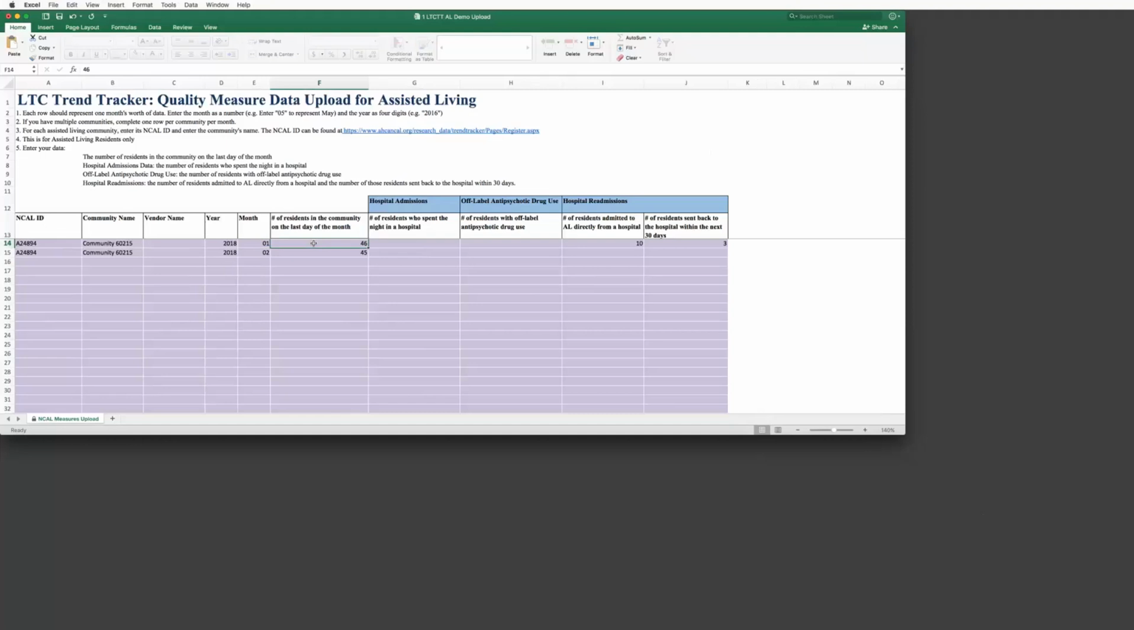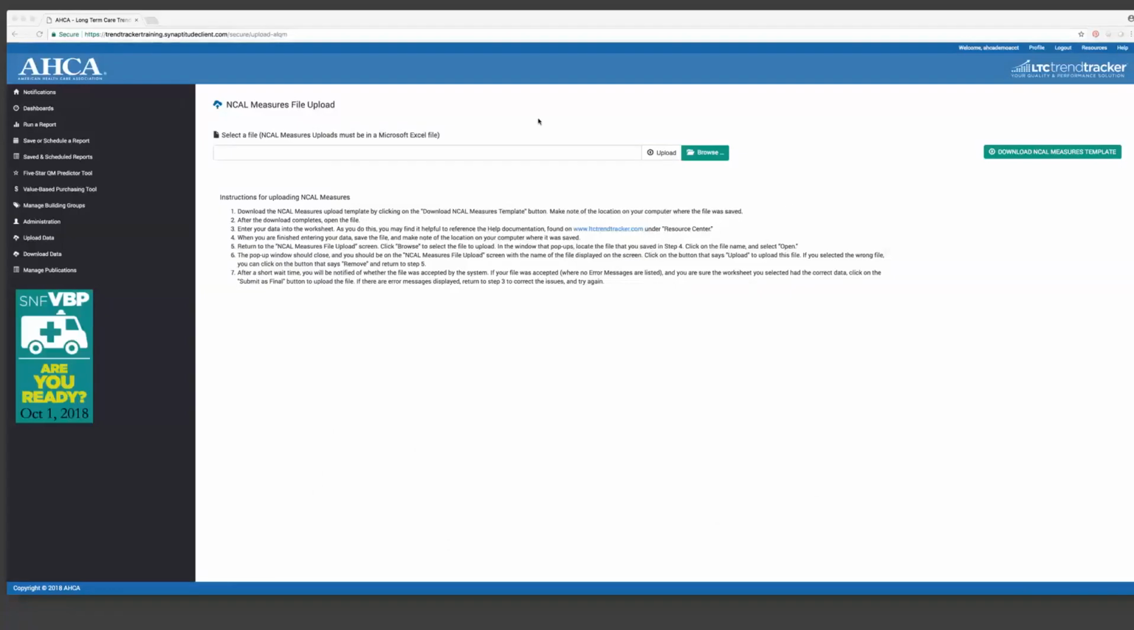You'll then put in your hospital admissions data. If we were going to do the one we just did, where we had 3 people go in, I'll just type that in. The example, as I mentioned before, may look familiar, where we had 3 people go in out of 10 for hospital readmissions. Make sure you save this somewhere you remember. Now, we're going to hop back over to Trend Tracker and finish this upload. So we're back here in LTC Trend Tracker,